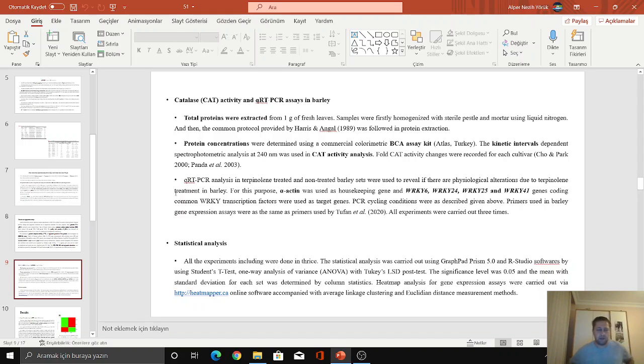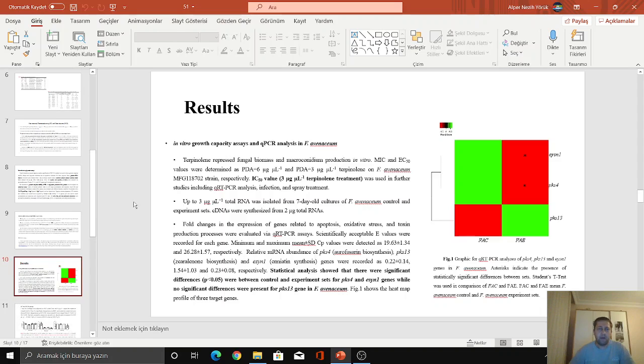In gene expression assays, alpha actin was used as the housekeeping gene, and WRKY6, 24, 25, and 41 genes were used as target genes. In statistical analysis, Tukey's HSD test and one-way ANOVA and Student's t-tests were used, and Heatmapper was also used in obtaining heat maps. As a result, here we see firstly